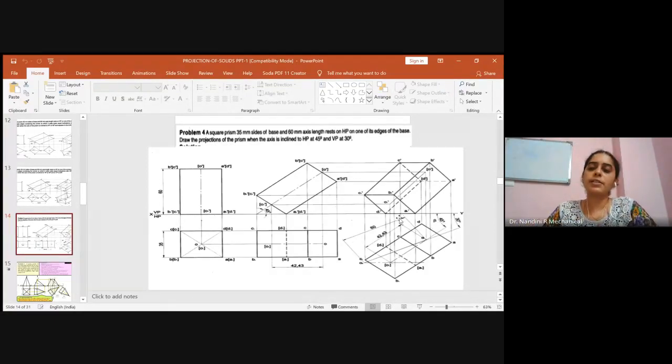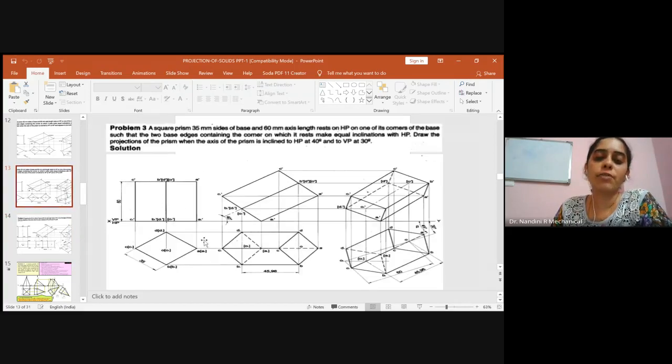So after this, you will just take the projection above from the top view, and then you extend the projection from the front view also from each point. Don't forget to draw the projections, and always remember when the solid is resting on one of its sides. Okay, so when you take the apparent angle beta, there will not be a chance of B1 dash and A1 dash coming along the same line. Whenever it is resting on one of its corners, these 2 points come along the same line.